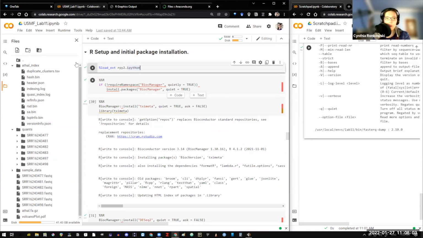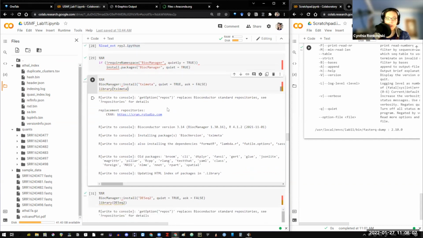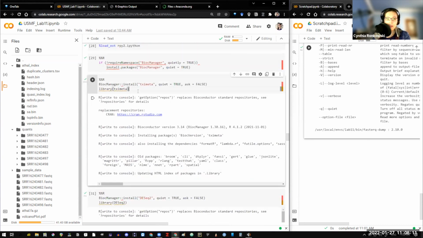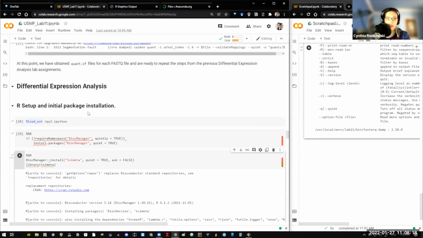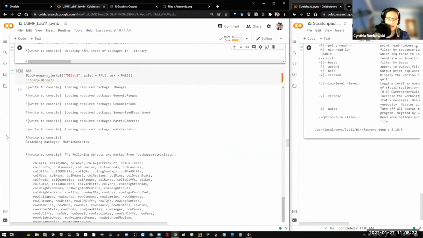We enable R within Google Colab. We download packages that are necessary, including tximport, to convert the quant.sf files into something DESeq2 can use. Then,